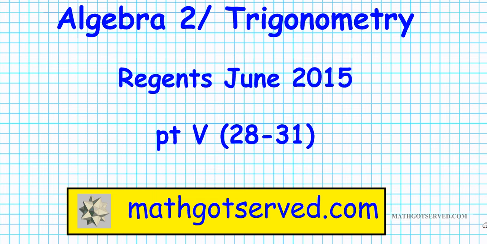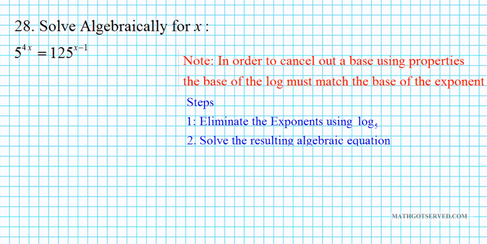In this clip, we're going to be going over problems 28 to 31 of the Algebra 2 Trig Regents exam for January 2015. All right, let's take a look at number 28. It reads, solve algebraically for x, where 5 raised to the 4x is equal to 125 raised to the x